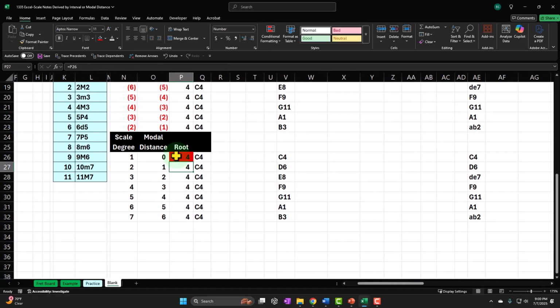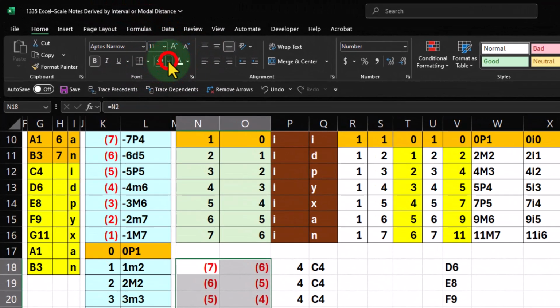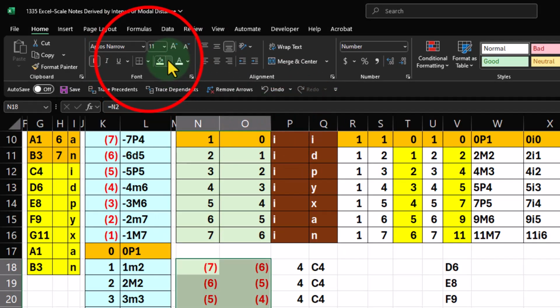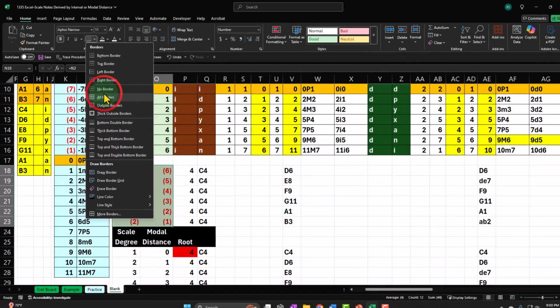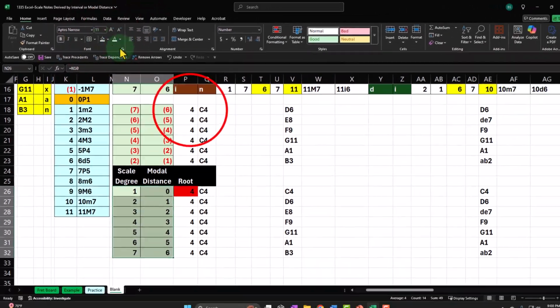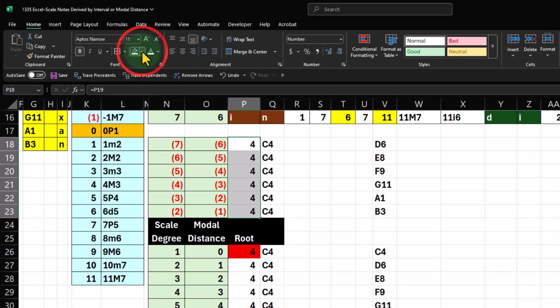Let's just format this thing. So I'm gonna format this green. Let's make this green. Go into the thing up top, and we'll make this green, then I'll put some borders around it, and then we'll make this green, and we'll put some borders around it, and then let's make this orange because that's going to be our